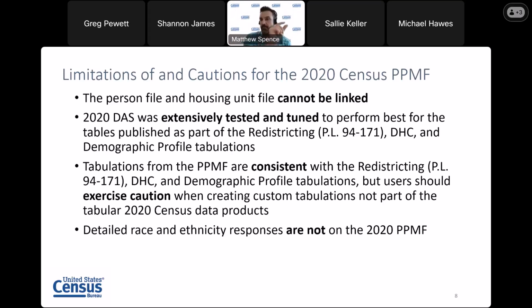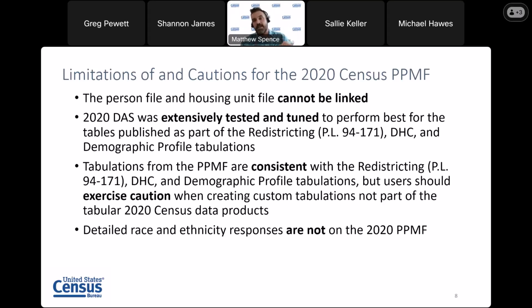You do not have the ability to put the persons in the person file into housing units or link them. You can't say, okay, person A here in this file is part of housing unit 2, which is headed by an Asian alone householder or something like that. You cannot link those two in any way. You can, of course, tabulate the person file and the housing unit file, maybe at the block level or some other geography, and look at small spatial relationships, but you'll never be able to put the people into the housing units. You'll never be able to associate the housing units with the people. So that's the first bullet point.